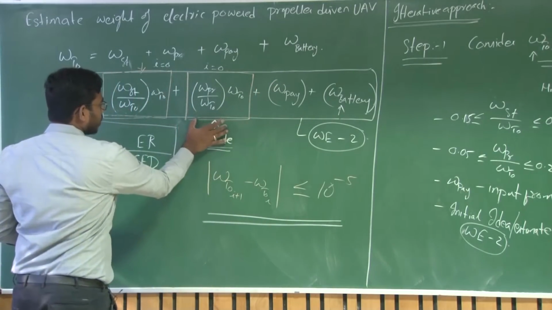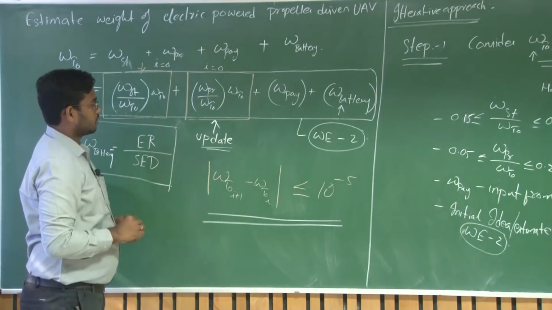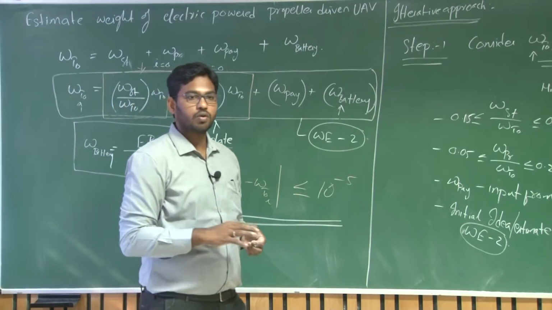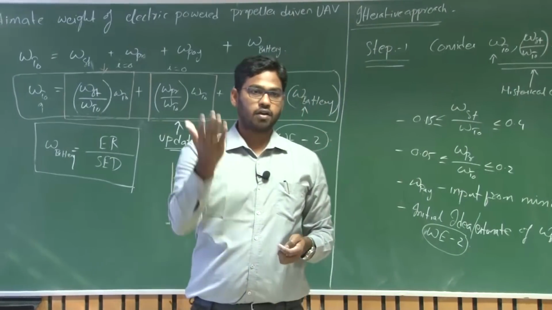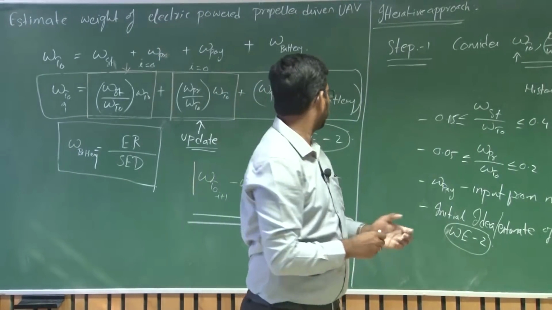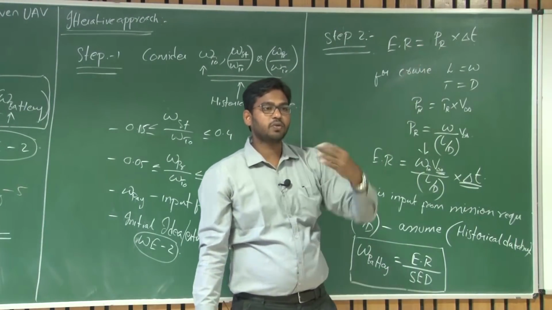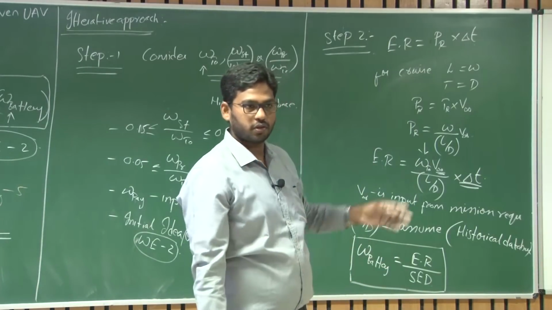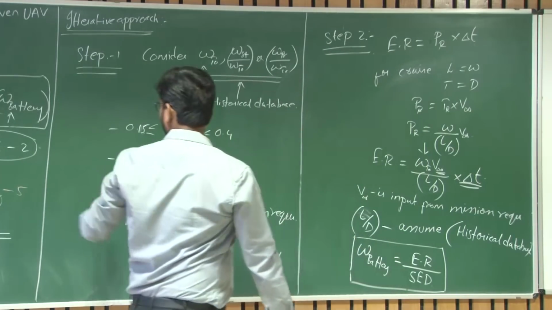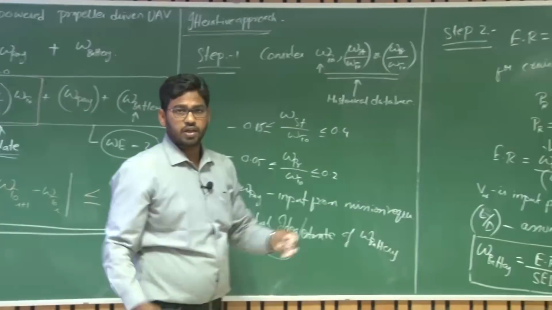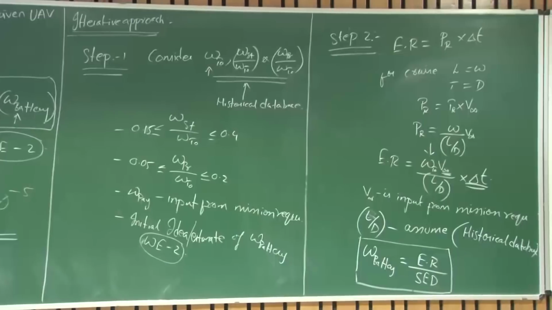So now it's time to update the weight of the propulsion system. How to do that? We already figured out how to select a power plant based upon the maximum requirement, right? Either rate of climb or the cruise, right? So from here, see, this is just for cruise. You can also add for rate of climb. What is the energy requirement during rate of climb? That adds up to the total energy requirement, right? Now again, you know what the power requirement is during various phases, and what the maximum power requirement is. Now based upon that maximum power requirement, try to select a power plant.